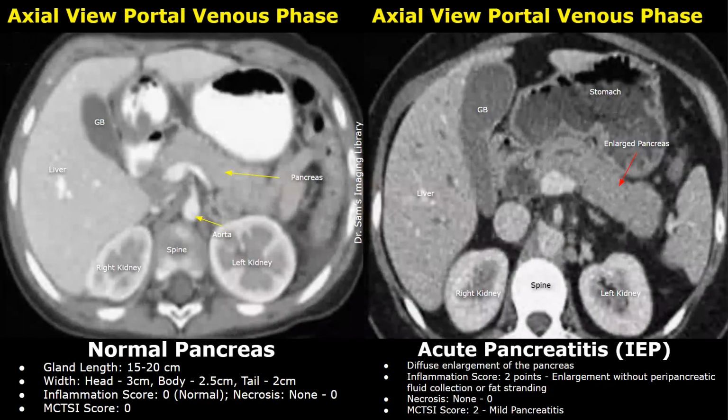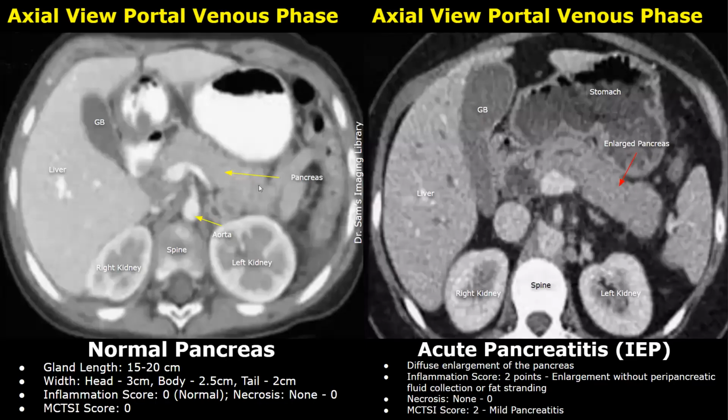These images are taken during the portal venous phase. You can see a part of the enhanced splenic vein and superior mesenteric vein in this phase behind the pancreas. This is the pancreas,